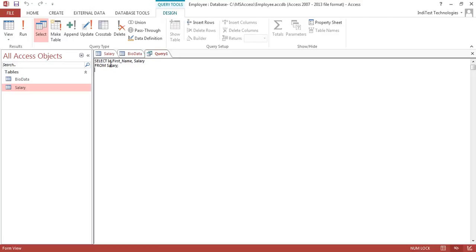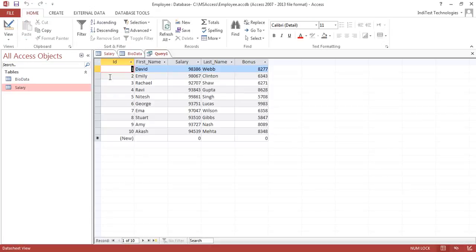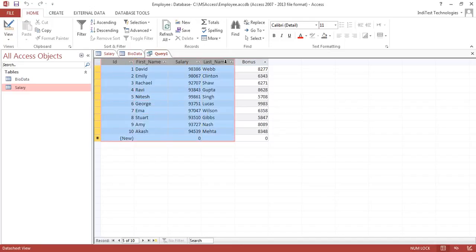Now, this is not really the end of the select statement, and if I wanted, I could have written all of the variables one by one after this. So say I also wanted the last name, I also wanted the bonus to come over here. So when you would select the whole statement now and press the run button, you would have all the variables and the values listed here again.